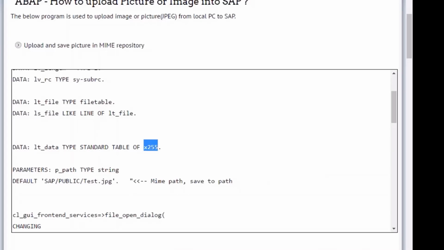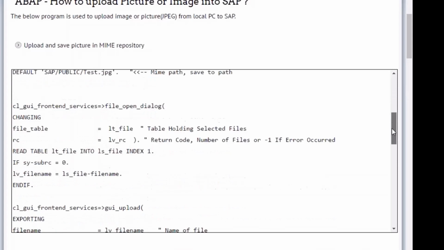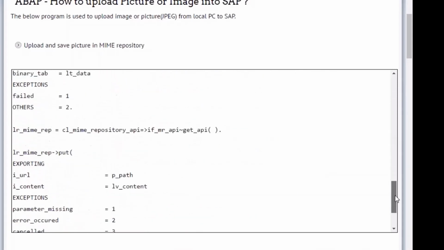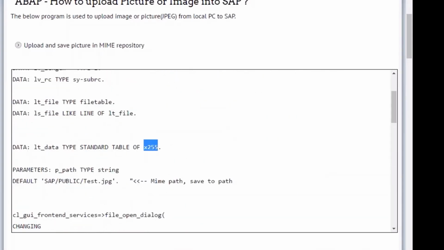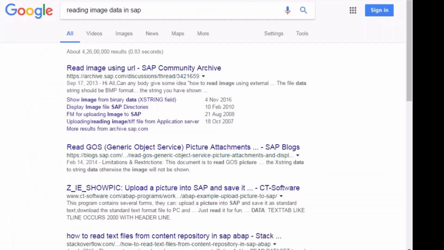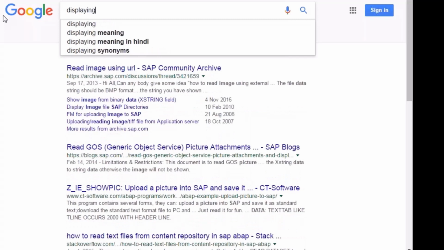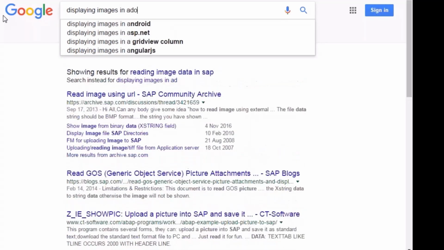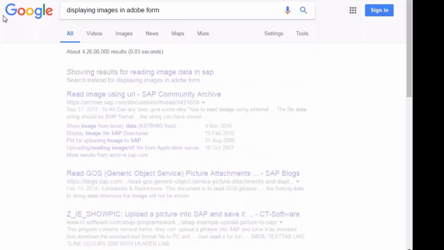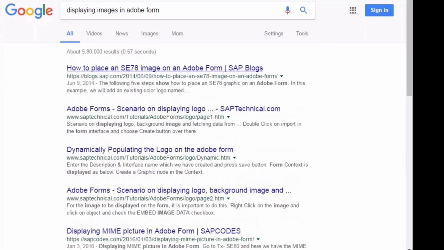One second, let me check whether I'll get it here. They are showing only uploading, but what is displaying the images? Dynamically populating the logo in Adobe form.